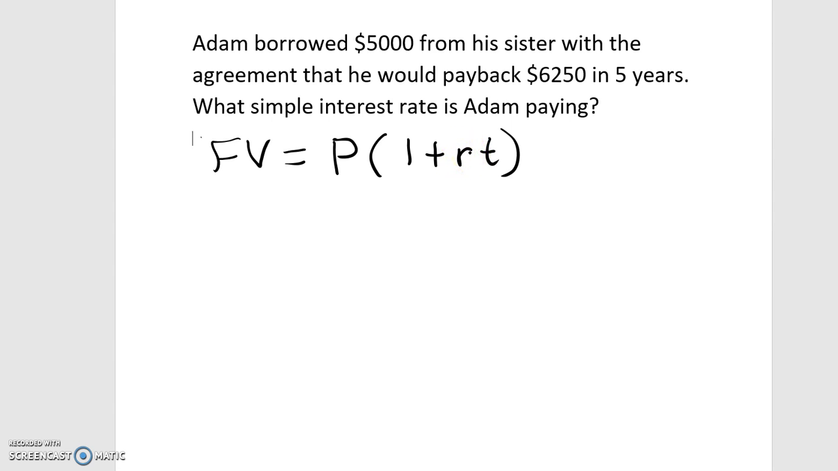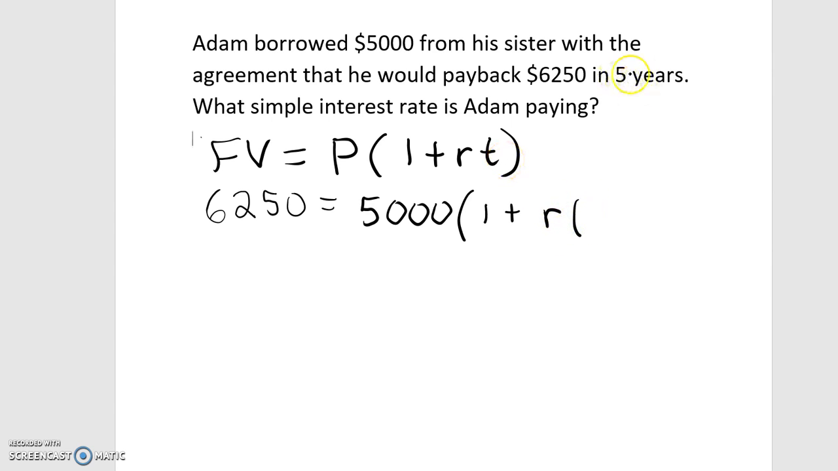So the future value, how much he would pay back in 5 years' time, is $6,250. The P, or the principal, is the amount he originally borrowed, which is the $5,000. The 1 remains 1. R is what we are looking for, that's our unknown, and T is the time in years, which in this case is 5. So now that we have all of our numbers put into our formula, it's important to recognize that we're solving for R, and a simpler way to write that would be